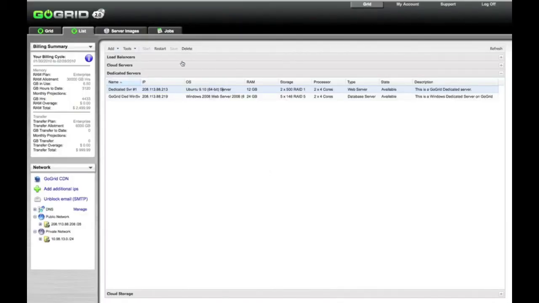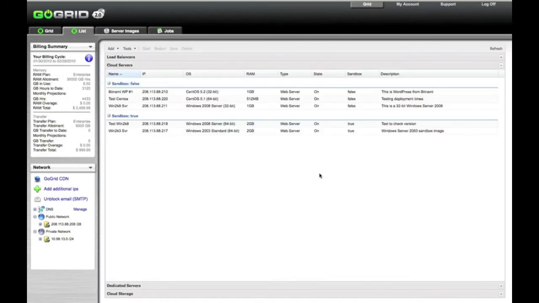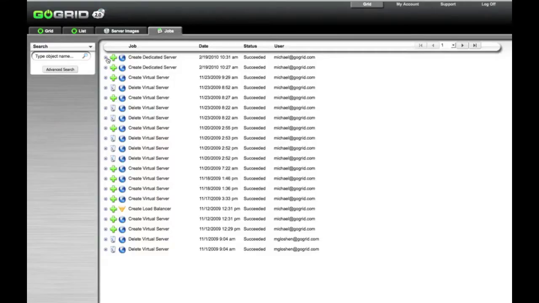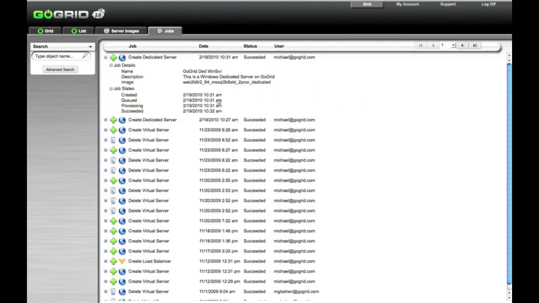And there's a little bit of a difference here between cloud servers and dedicated servers. If I were to delete a cloud server, it would be gone immediately. With a dedicated server, since you're on a monthly plan or a yearly plan, it'll pretty much last till the end of the particular billing cycle for when the server is actually deleted. So here you can see I had a job for creating a dedicated server, and it shows up right within